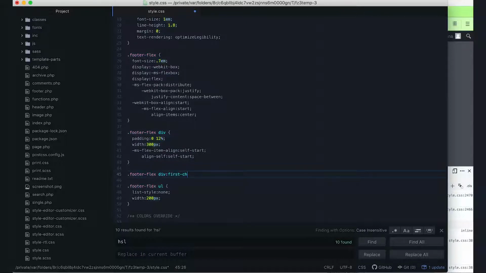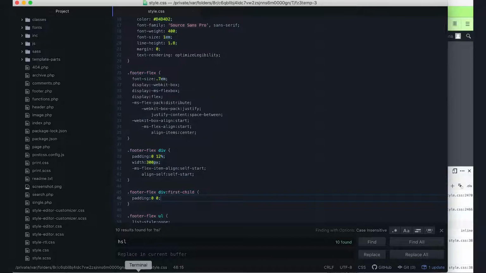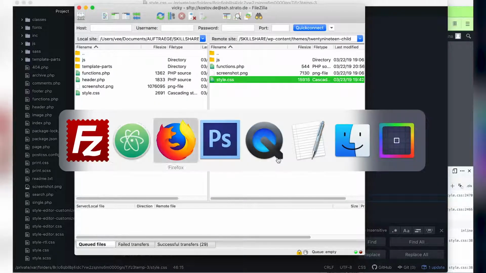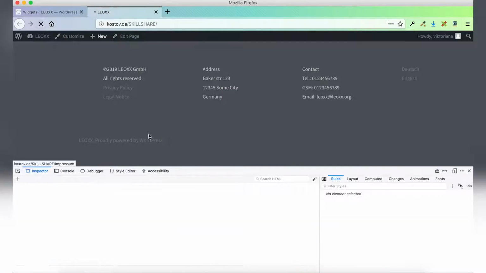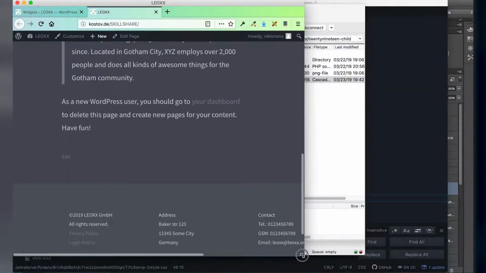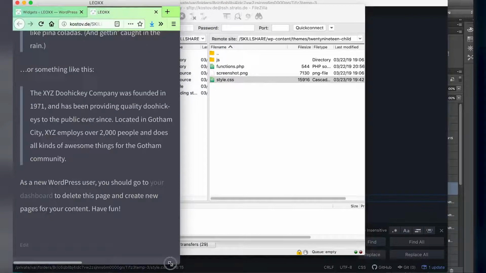First child, padding 0, 0. Let's refresh. Now this looks better. There is one problem though, which I was thinking about later on, and that is the